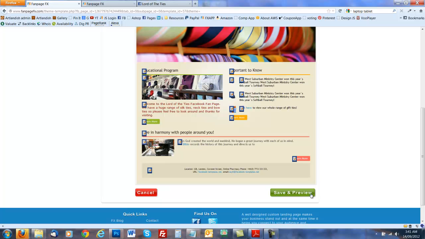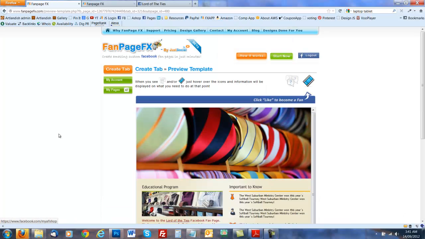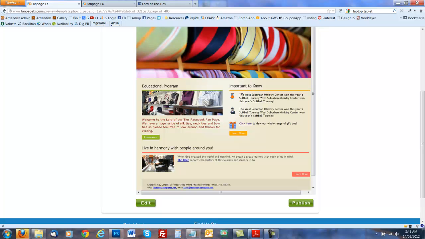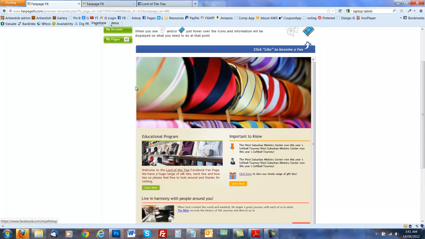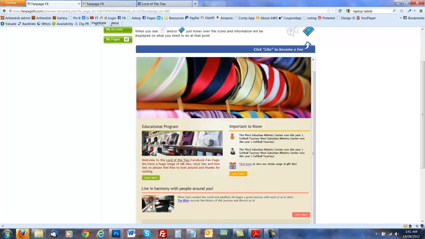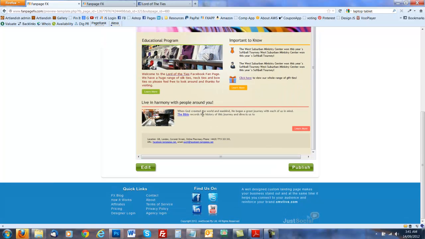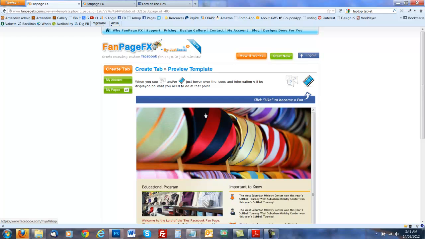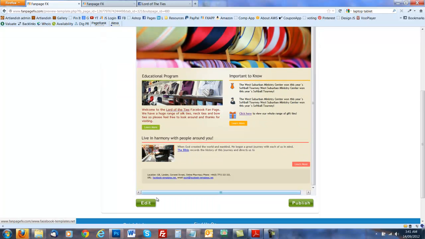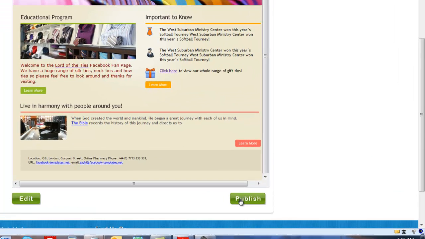Once you've done that, come along here, click save and preview, and we'll get a much better idea of what this page looks like. Okay, here we go. So you can see the little icons up here. You can see the large header image looks really sharp. This looks great. We've got our customized text here, and we've got our double links to different areas, to different websites. So you check it over, make sure everything looks okay. If it doesn't, you click edit here and you can go back and make any changes. If you're good to go, hit publish,